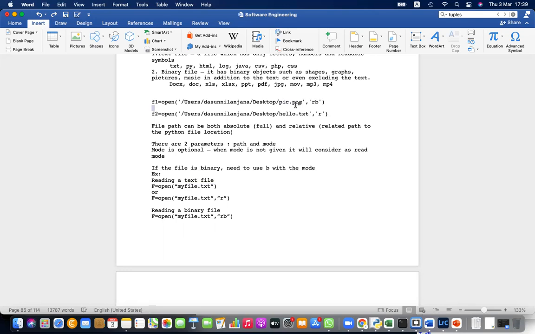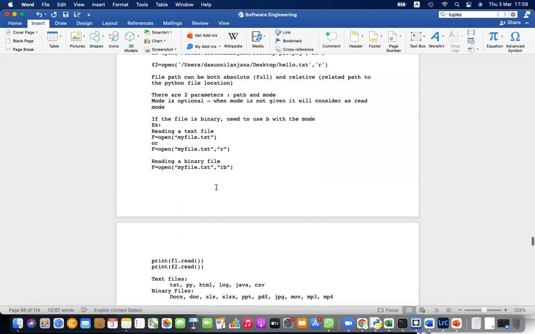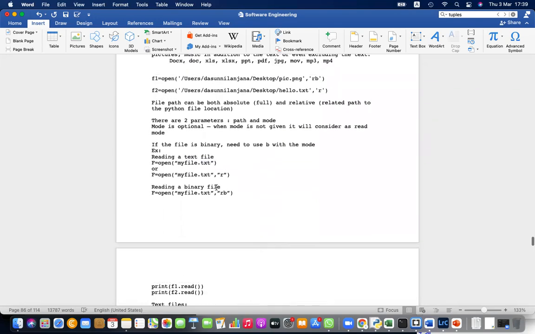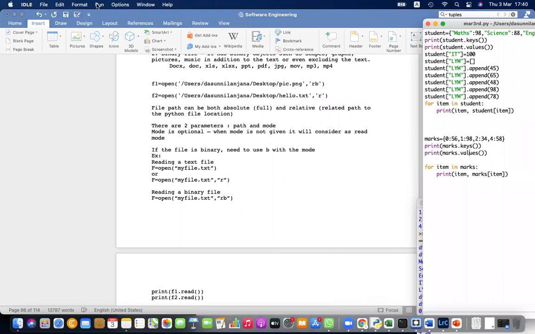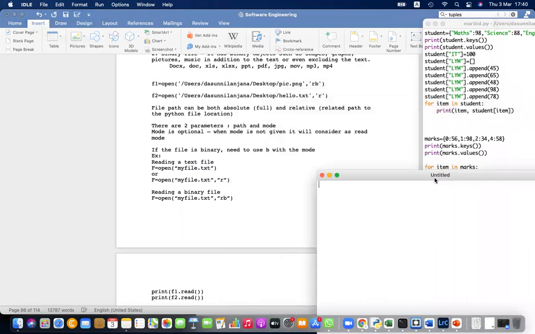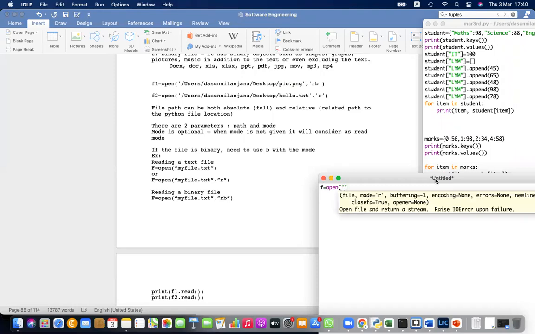So relative referencing is easier than using absolute referencing. That is the meaning of this. I have just mentioned relative and absolute referencing, so let's see this in a practical scenario. Let me open a new file for file reading and save this file. Let's say f equals open, and I'm going to open a file, let's say the file name is